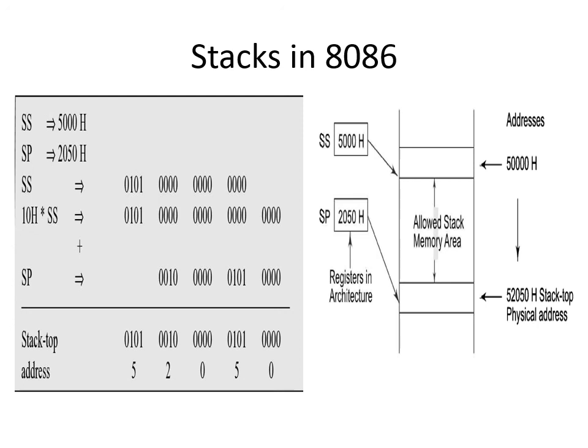So you will get the address where the top of the stack element is saved. In this case it is 52050. It is also reflected in this diagram. So it is growing downwards. Initially the stack segment is 50000H, and the top element of the stack is somewhere around 2050 offset from the beginning of the stack, and the physical effective address calculated is 52050H.